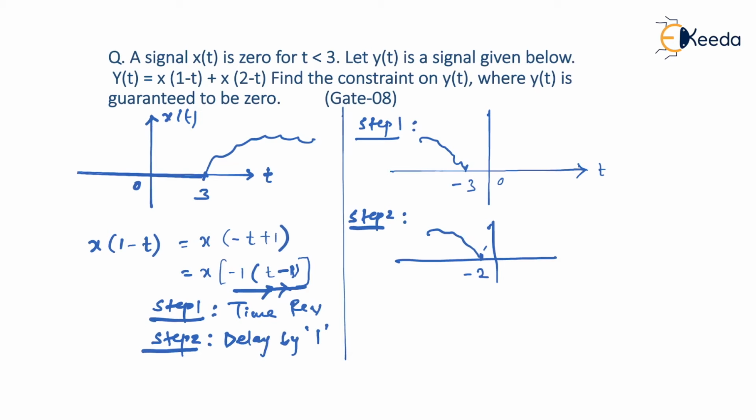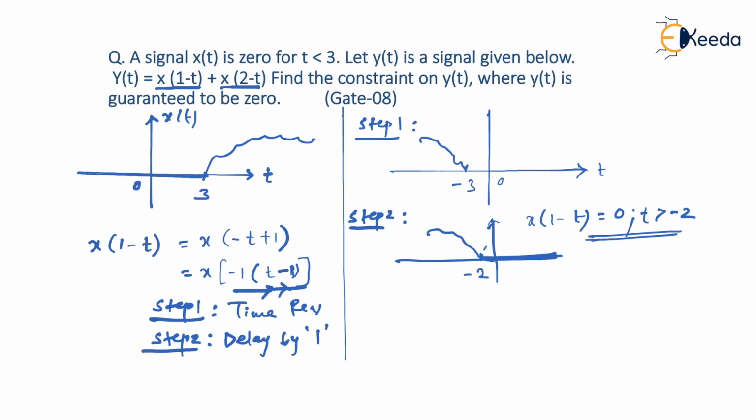So it clearly means this is your x of 1 minus t signal, which is equal to 0 for t greater than -2. So what I said, just observe this new signal which I got, which is x of 1 minus t, which is equal to 0, as you can see, for t greater than -2. I mean, I'm talking about this right hand side. Is that right? Similarly, we have first component and we'll try to figure out what is second component, and then we will do addition of these two signals and we'll get y of t.